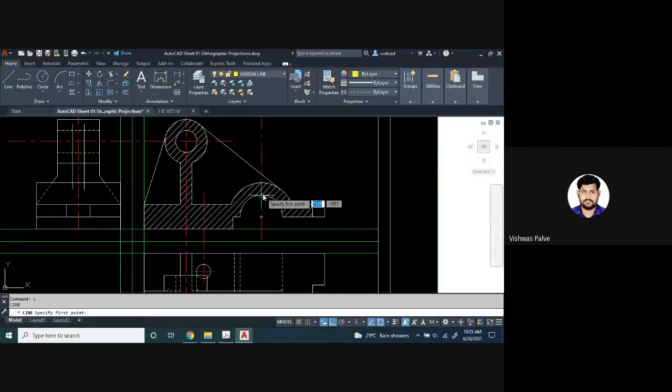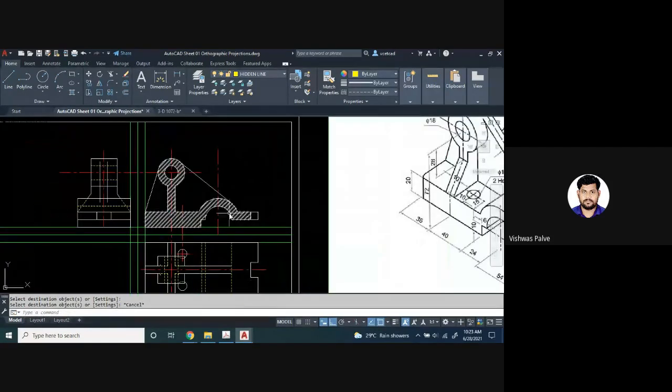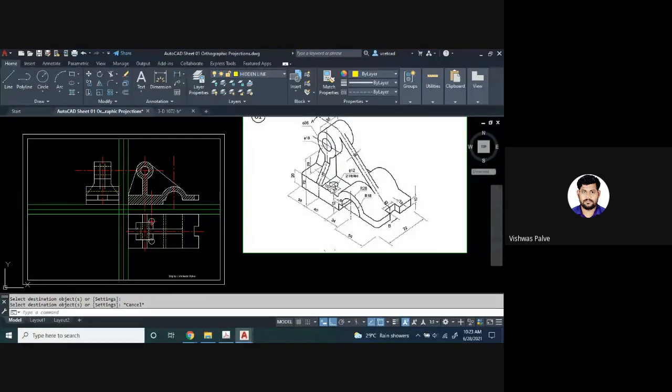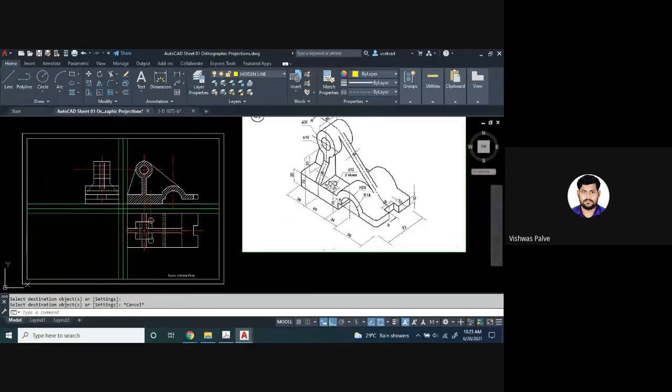L enter. Okay. Select this line, match property, convert this into hidden. Okay, so I have shown hidden for this cylinder as well as hidden for this cylinder. Now the portion which is remaining, that we have to draw the cylinder. Okay, the hollow circle, circular hole which is throughout. So these two hidden we have to show.